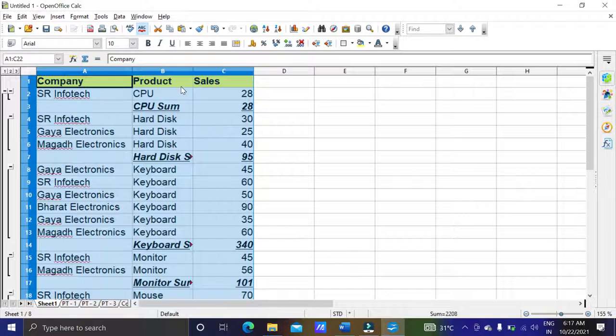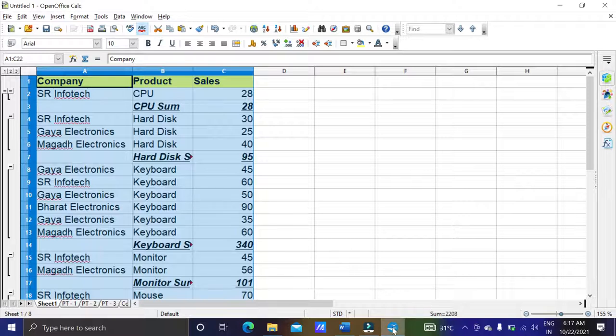So you can see CPU SR Infotech 28 piece, hard disk, these three companies have sold. Okay, this is the sum. Now hard disk sum is 95, keyboard. So we have arranged according to keyboard, means according to product. So this way we can get information about the data, whatever data we are having.